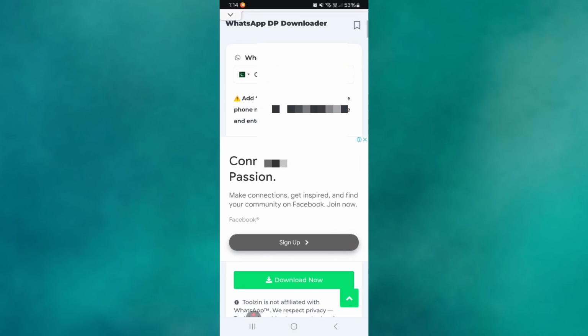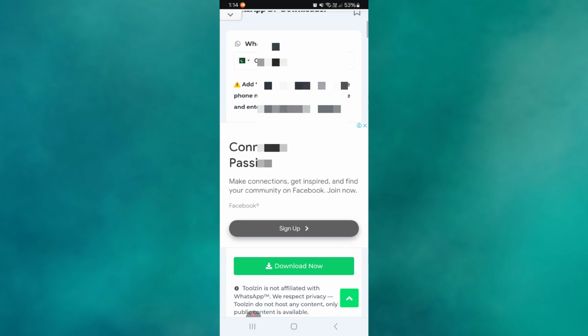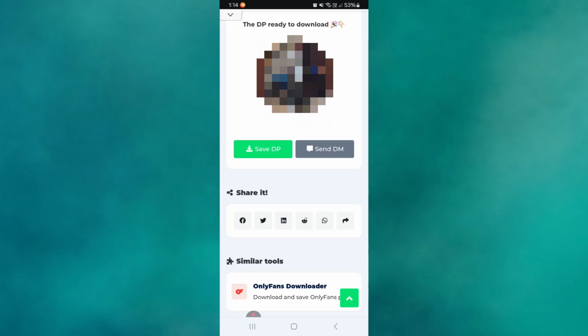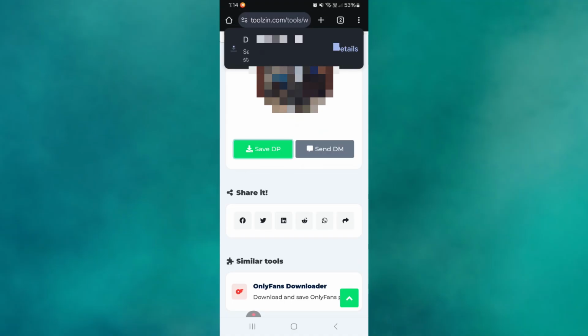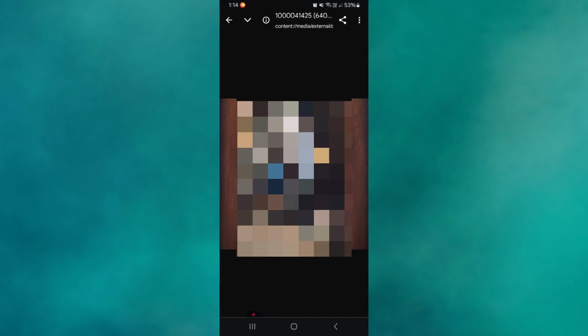After entering the number, scroll down and tap the Download Now button. Wait a few seconds while the tool processes your request. Once it is done, the person's profile picture will appear on your screen. Now, tap the Save DP button. This will download the image directly to your device's gallery without needing to take a screenshot or use a screen